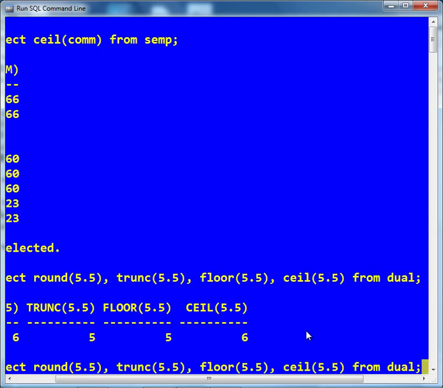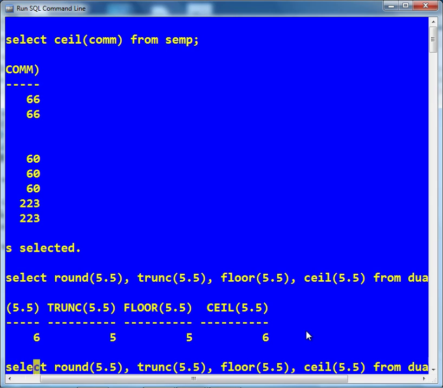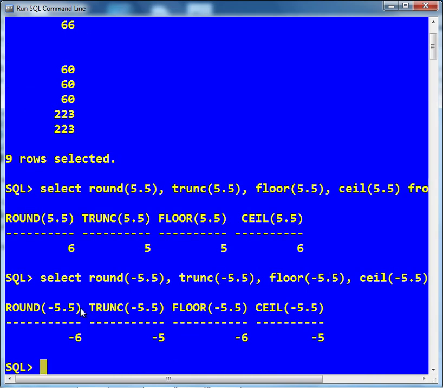Let's try to do the same thing with negative values. Select round of minus 5.5, trunc of minus 5.5, floor of minus 5.5 and ceil of minus 5.5 from dual. See what the difference is. Round of minus 5.5 is minus 6.